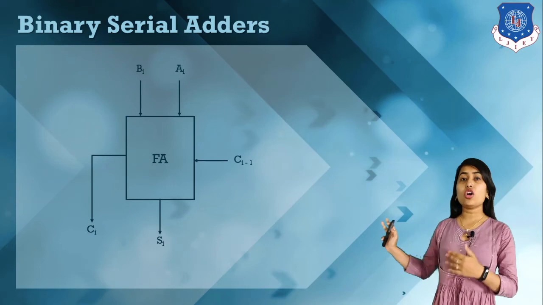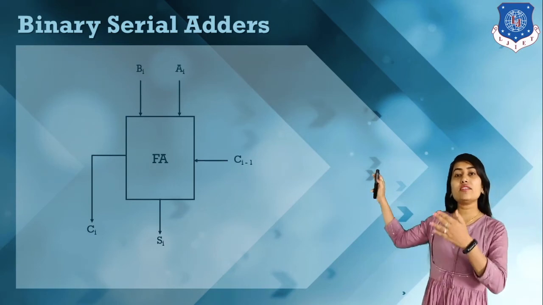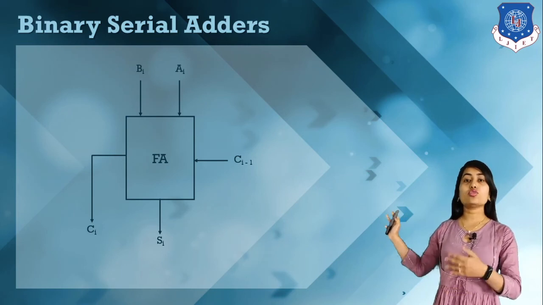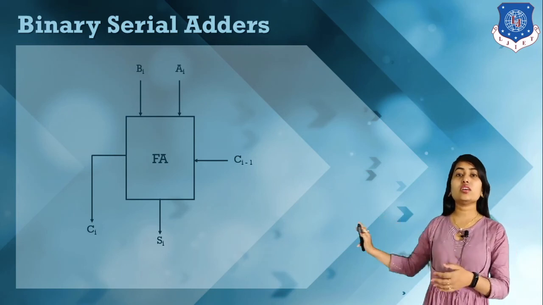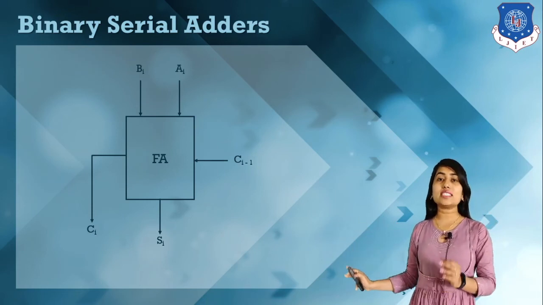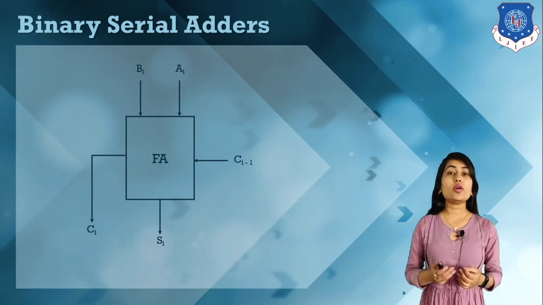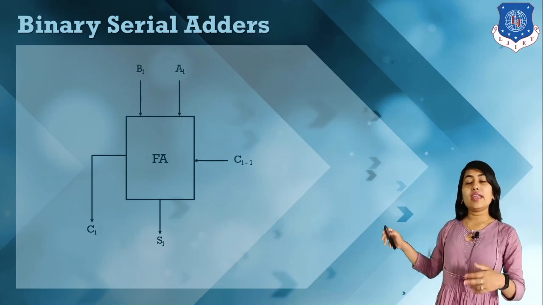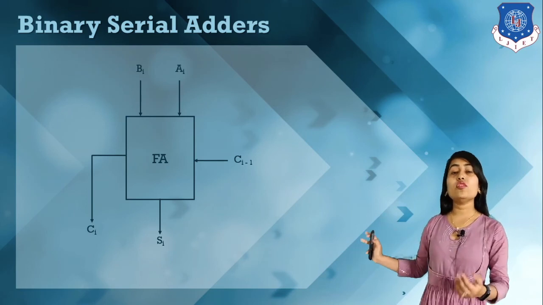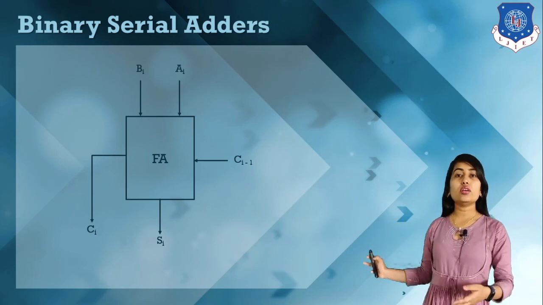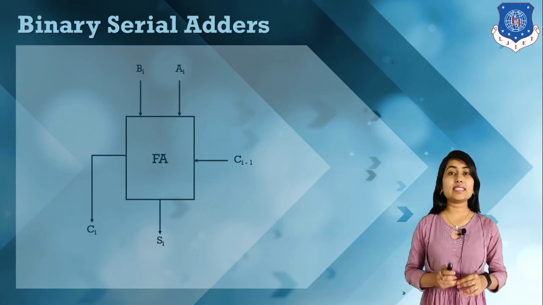So here we have a basic block diagram of binary serial adder. Here we have two numbers ai and bi. If we have a previous carry, we can add it, which is represented as ci minus 1. Here we have a sum bit si and here we have our carry bit, that is ci. Whenever we want to perform addition, one by one all bits are entered over here and we have a sum and carry, and if we have any previous carry, it is also added over here. So this is binary serial adder.